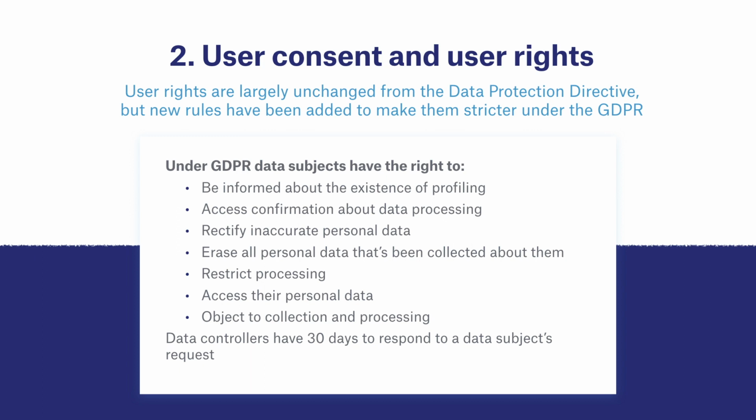Under the GDPR, data subjects have specific rights which the companies processing data must respect. The first is the right to be informed about the existence of profiling, its consequences and purposes. Next, the right of access, which involves confirmation that the site is processing individual personal data and allowing users to access the data being processed, also providing them with additional relevant information regarding such processing. This right was already a part of the Data Protection Directive.